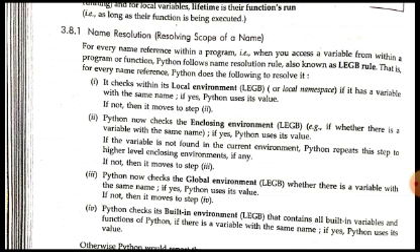So if the variable is used in that nested function, and the definition is not found there, then what will Python do? Python will now check in the enclosing environment, meaning in the outer function. It will check whether there is a variable with the same name which is being used in the inner function. If it finds a variable with the same name in the outer function, then it will use that value in the inner function also. If yes, Python will use its value.